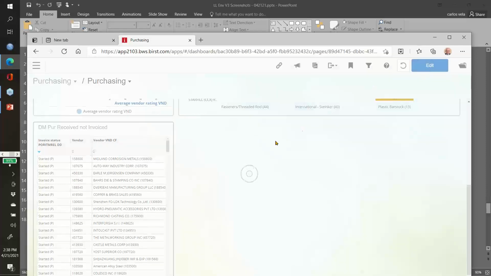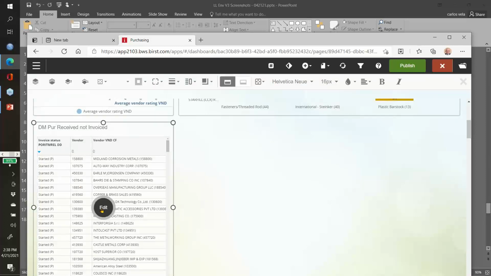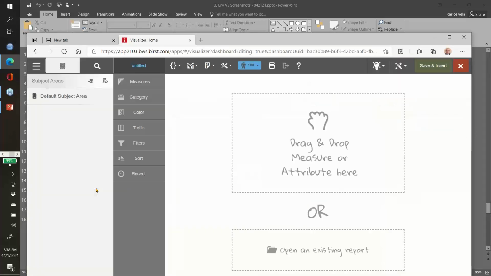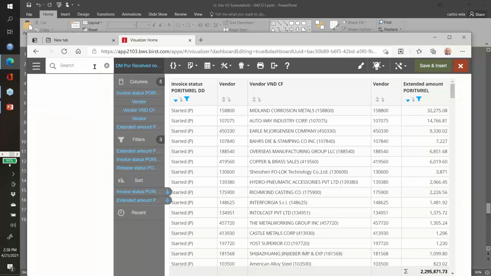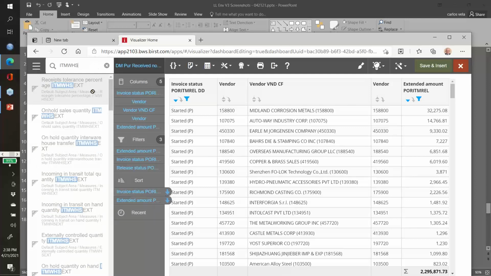I'm going to go back into the edit and show you one last thing, which is a little bit more in relation to the item warehouse attribute or attributes. So once again, I'm going to grab information that's associated with measures. And I'm just going to put in item warehouse, which is really the one area we've been looking at all along, and I'm trying to keep things